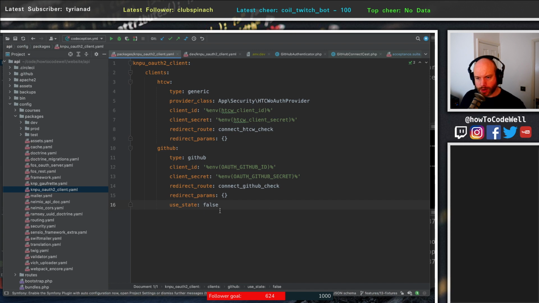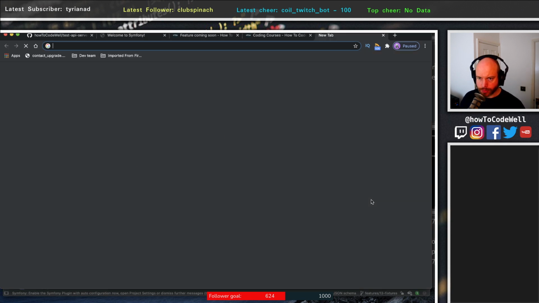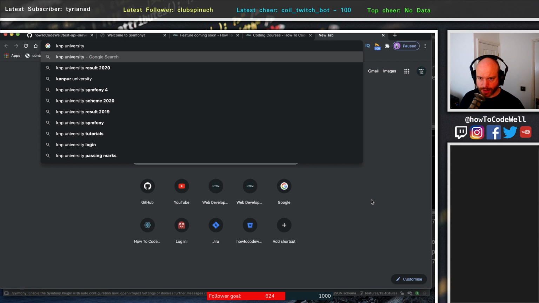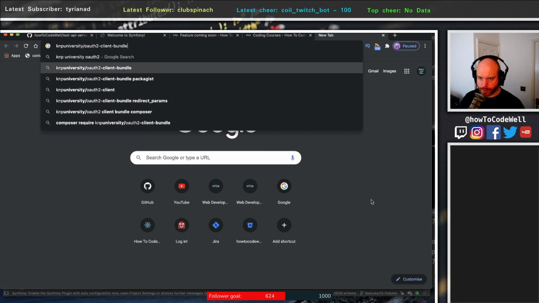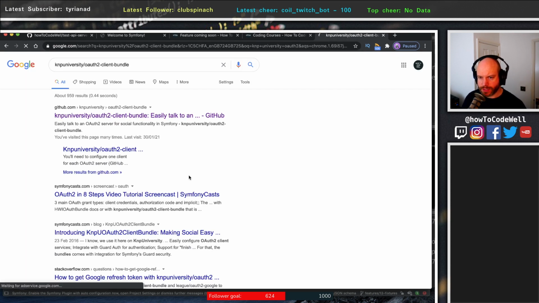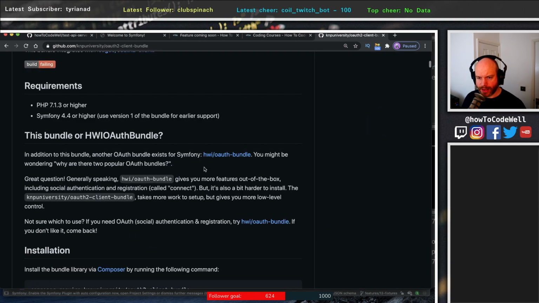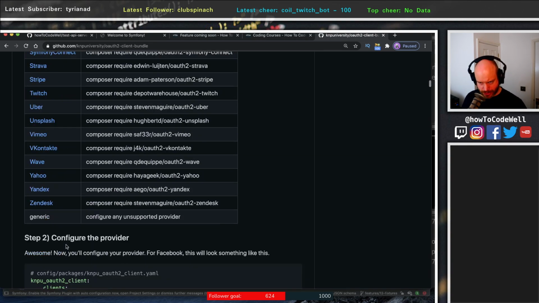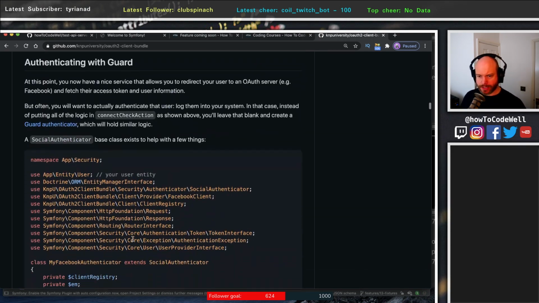But anyway, I need to make a request to GitHub. So what I looked into, this is running off of this thing here, which was KNP University, and it was OAuth 2 client bundle. There we go, that's the thing. So it's using this bundle here, and you can set up all sorts of different providers that you want. And right at the bottom of this really good documentation, there is this thing here